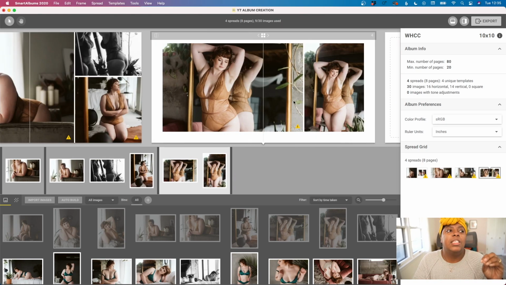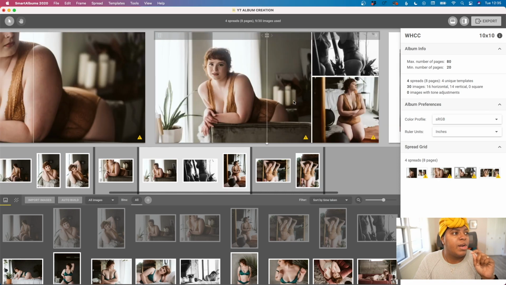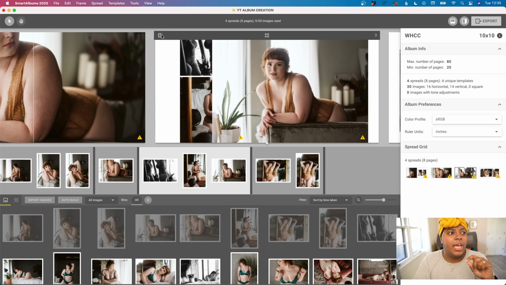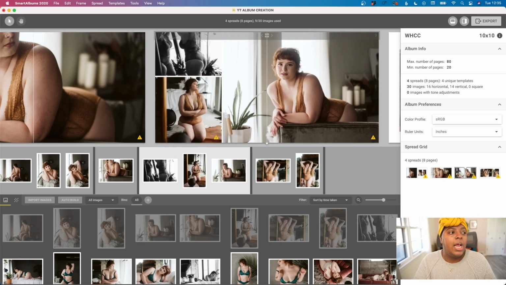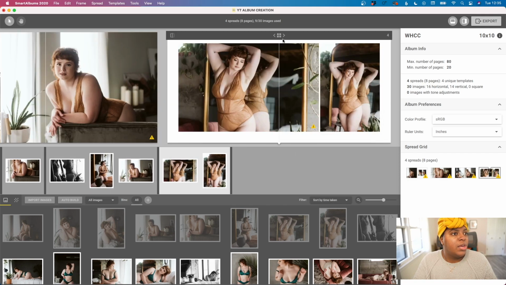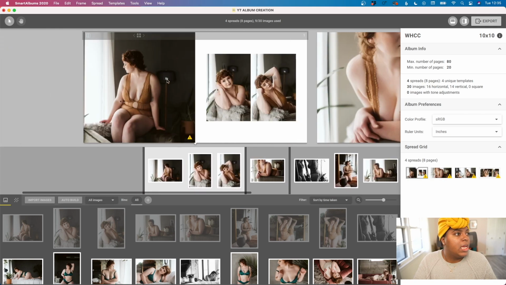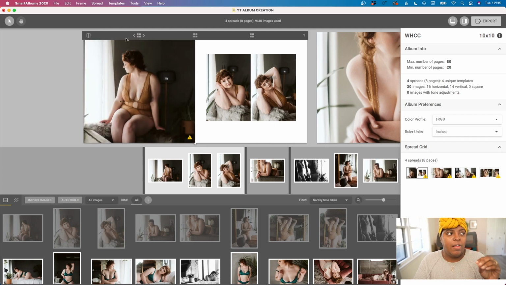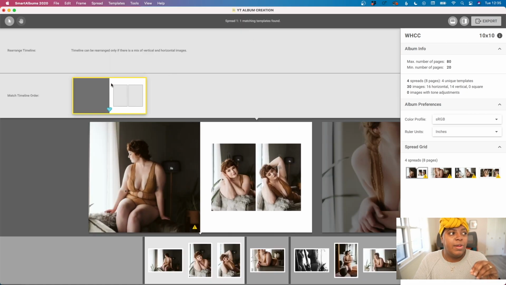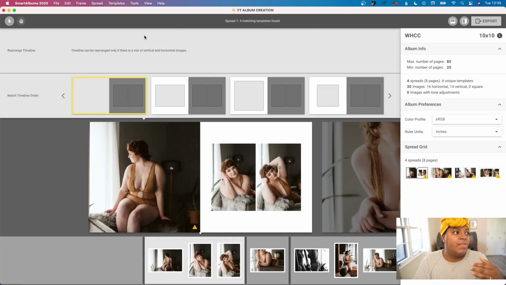Now I will on this spread also show you, actually this is probably a better one to do it. So you'll see that this is also split up, and you can switch sides if you'd like. So say you really like this layout, but you'd like it to go to the opposite side, you can do that. And then anything where your layouts are very, there we go. So on this side we have one layout, and on this side we have a second layout. You can click on these squares and you can change them normally if there was something else to be changed here. Or you can click on this, and this is a better example because then I can do full page,